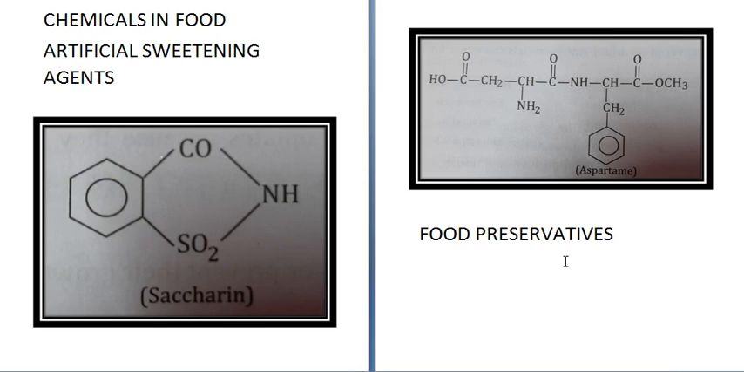Children, we are continuing with the chapter Chemistry in Everyday Life. We have to study now about the therapeutic action of